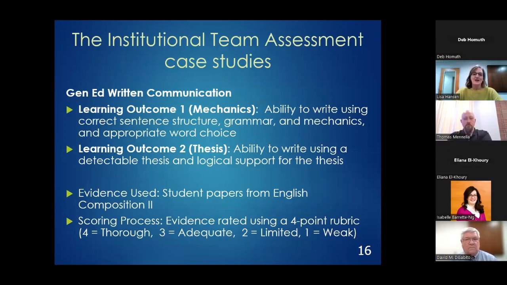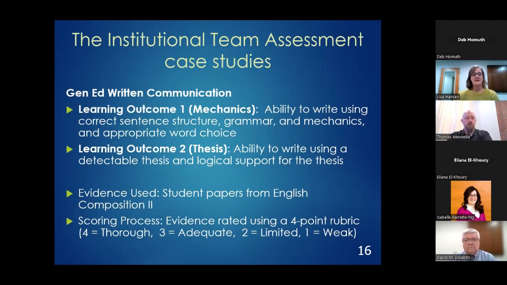So next we wanted to take a look at some data at the institutional level, particularly for our general education. So we looked at the area of written communication. We have two learning outcomes for written communication. The first learning outcome is on mechanics, the ability to write using correct sentence structure, grammar, and mechanics. The second learning outcome, the focus is on thesis, being able to write using a detectable thesis and logical support